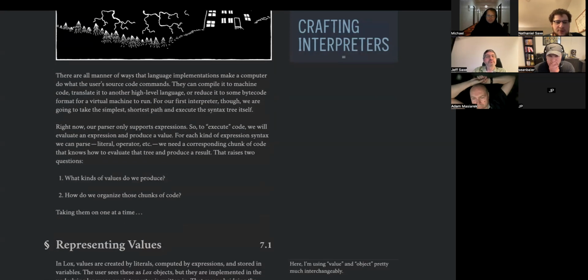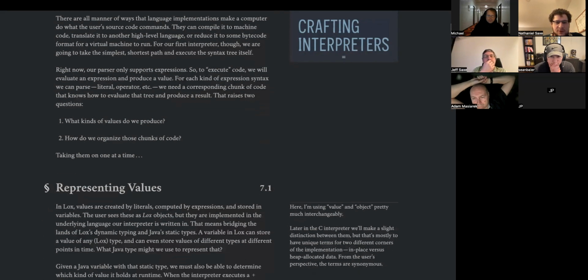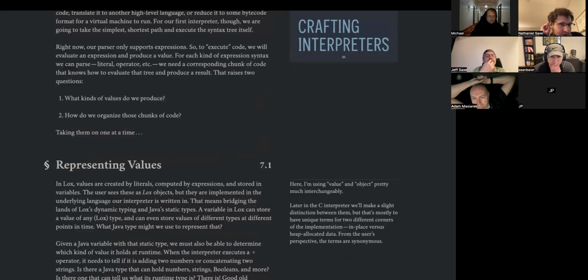Right now, our parser only supports expressions. So to execute code, we will evaluate an expression and produce a value. For each kind of expression syntax we can parse, literal, operator, etc., we produce a corresponding chunk of code that knows how to evaluate that tree and produce a result. That raises two questions. What kinds of values do we produce? And how do we organize those chunks of code? Taking them on one at a time,